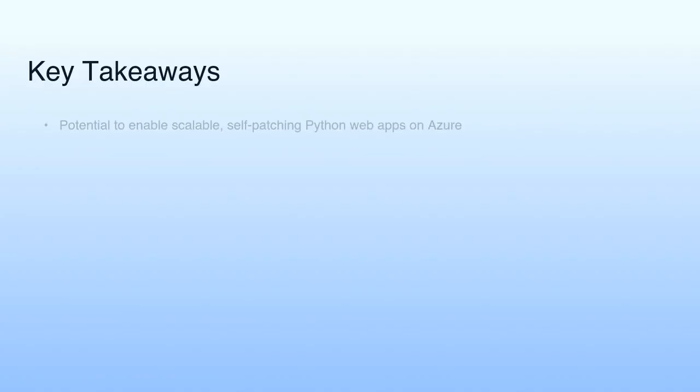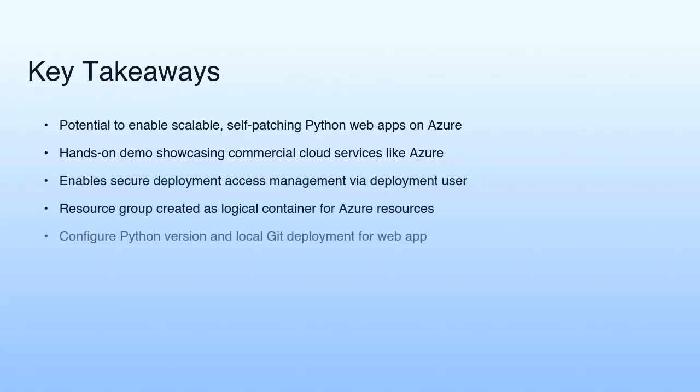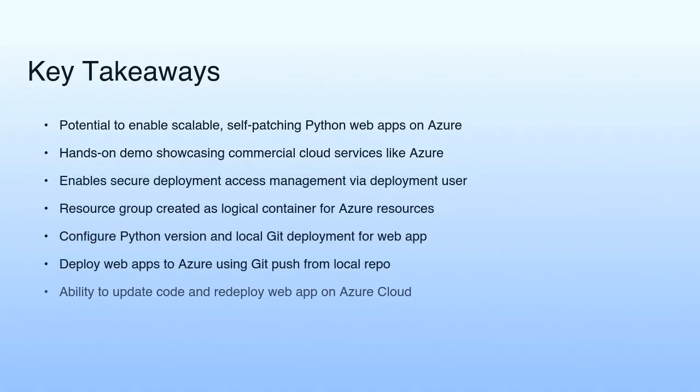In conclusion, the demo focused on showcasing the process of working with a local Git repository, demonstrating the use of local Git commands step by step, enabling the potential to create scalable, self-patching Python web apps on Azure with secure deployment access management, resource group creation, Python version configuration, and the ability to update code and redeploy the app on